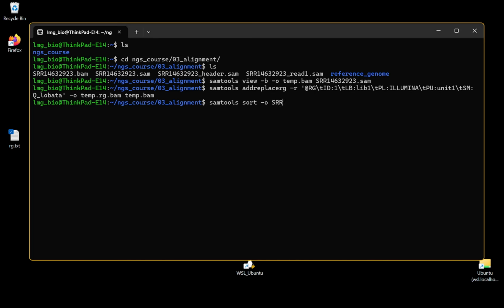So srr.bam, and the input file will be temp.rg.bam. We wait a little bit